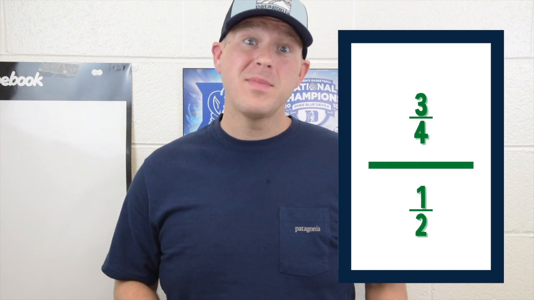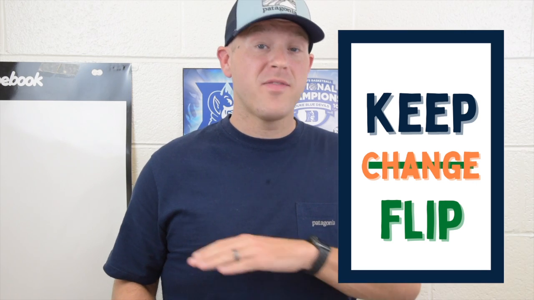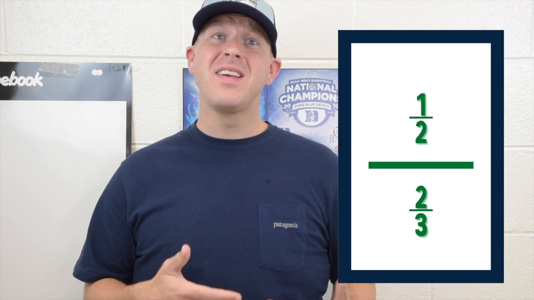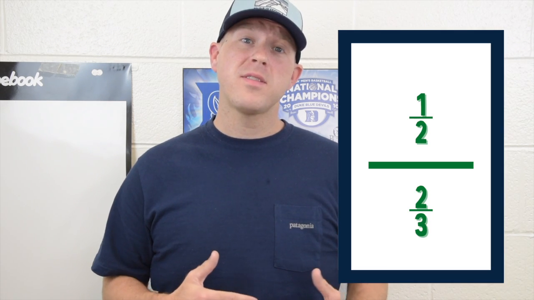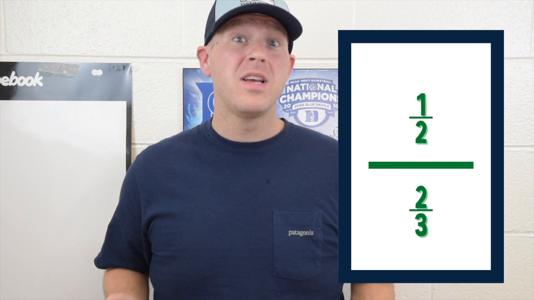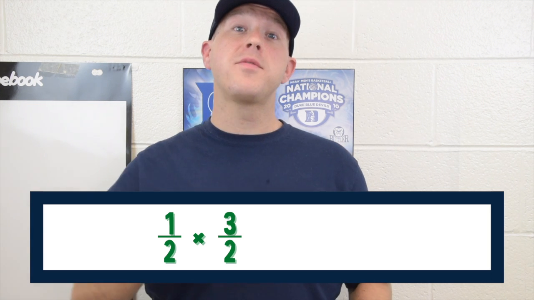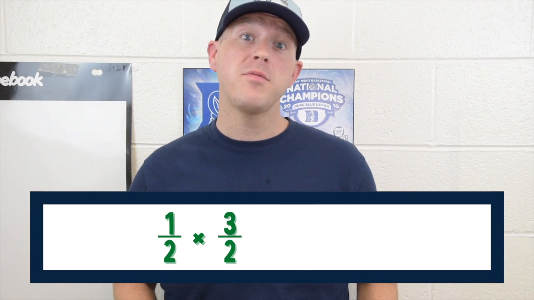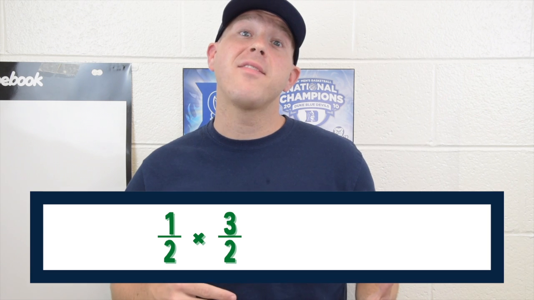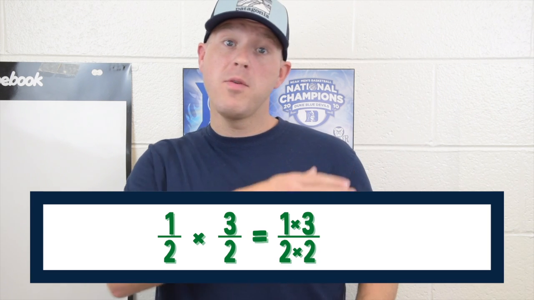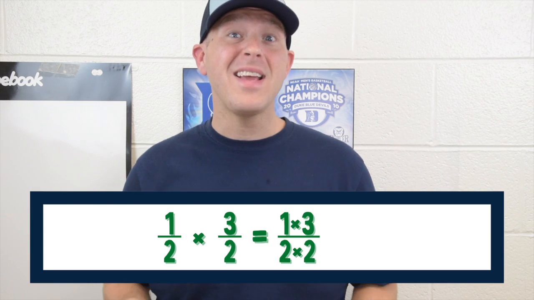So how we solve them is the same way. We keep the top number the same, we change that fraction bar to a multiplication, and we flip the bottom number. So for example, if I had 1/2 over 2/3, so it's a complex fraction. Let's keep the 1/2 the same. Let's change that fraction bar to multiplication, and then we flip the 2/3 upside down to 3/2. So now we just have 1/2 times 3/2, and we multiply straight across,